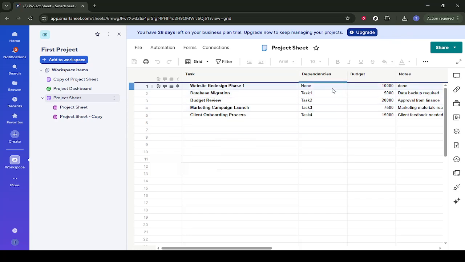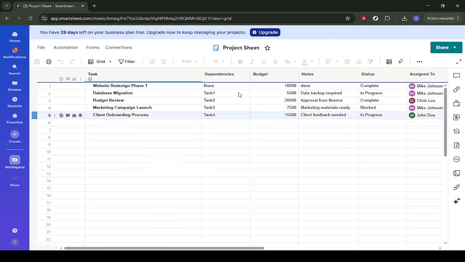First, open your browser and go to Smartsheet. Once you're logged in, navigate to your project area and open the sheet called Project Sheet. This is your main working grid where your tasks, dates, and assignments live. Make sure you're actually inside the sheet, not just looking at a list of sheets, so that the options we